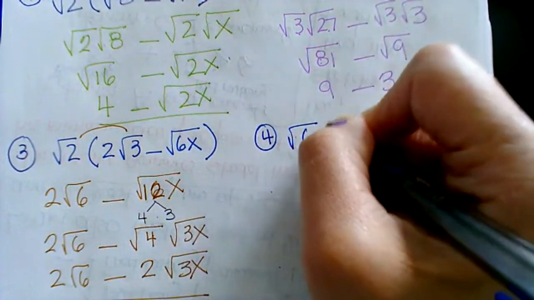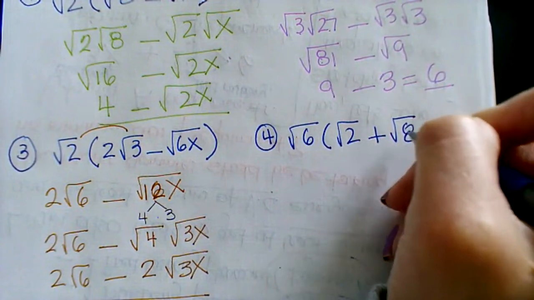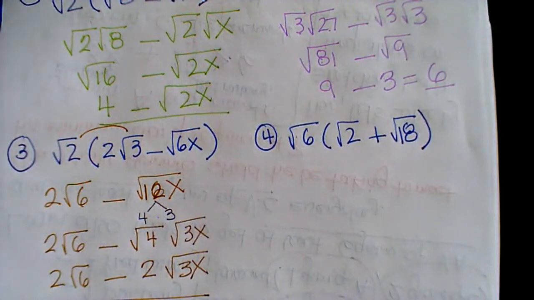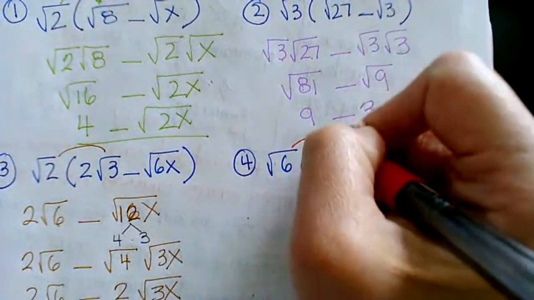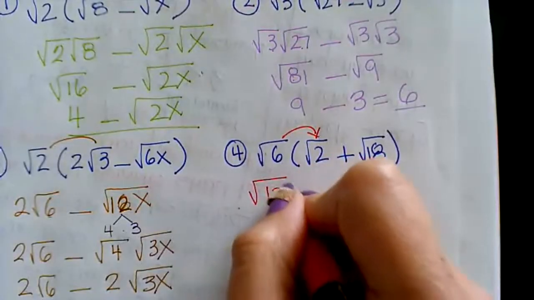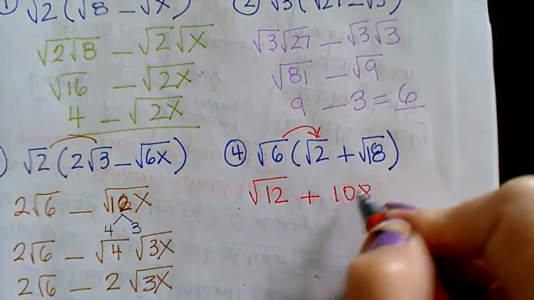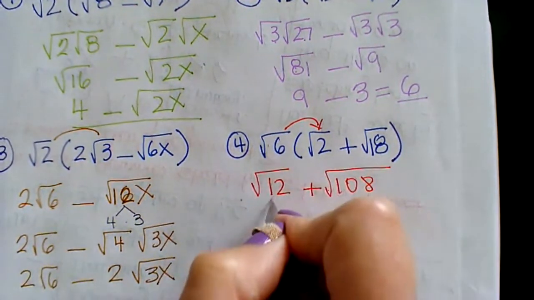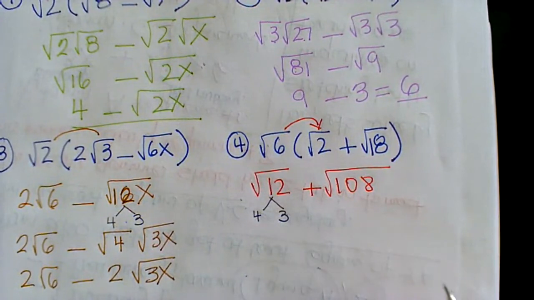Square root of 6 times square root of 2 plus square root of 18. Okay, so what are we doing there? Trivial. 6 times 2 is 12, 6 times 18 is 108. So we know that this is what? 4 times 3. And 108 is,